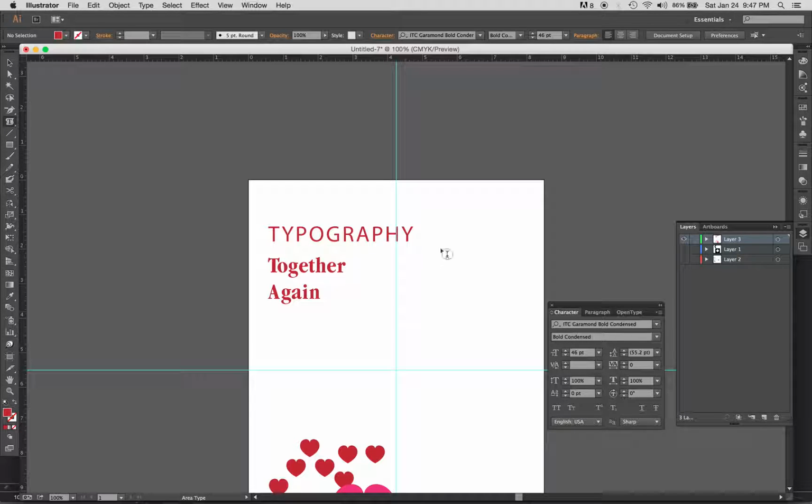If I select that, well, first I need to actually create a shape. So let's make a polygon, and I'm going to make a triangle, a big triangle, and I'm just going to invert it. Let's make it a shape. So when I do type in an area, when I go over that object,